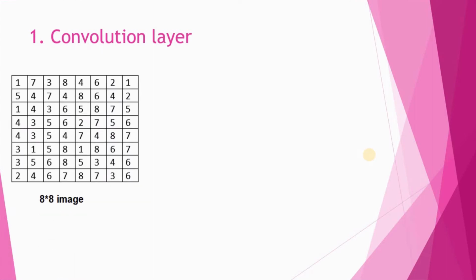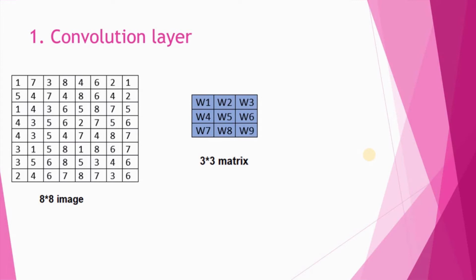And guys, I hope you know how a computer reads an image. The computer reads the image as a matrix. So suppose there is an 8 by 8 image, then the image is represented by this matrix as shown right now on your screen. And now we choose the filter. Let me choose a 3 by 3 matrix filter, and it contains random weights from W1 to W9. And now we map this 3 by 3 matrix all around the 8 by 8 image.